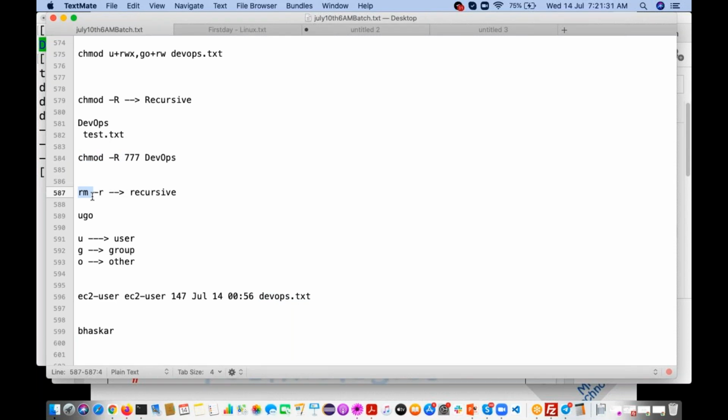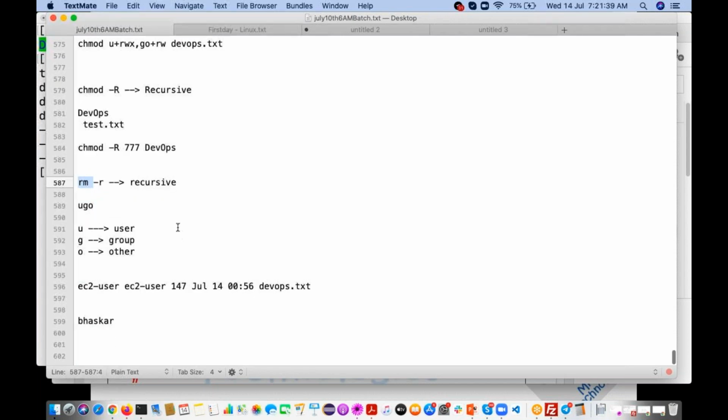Sir, in DevOps, 5 files are there, but I need to give some permissions to only 3 particular files. Is it possible? Yes, you can go ahead and specify those permissions. Suppose in the DevOps directory I want to give 7 permissions for only the text files, star.txt, specify that.